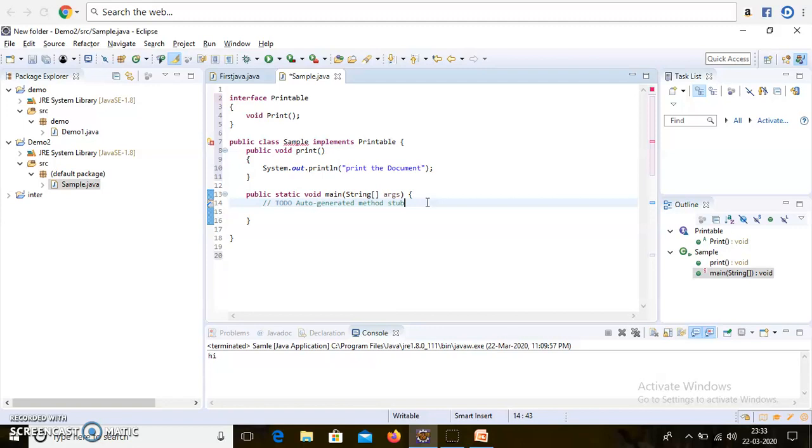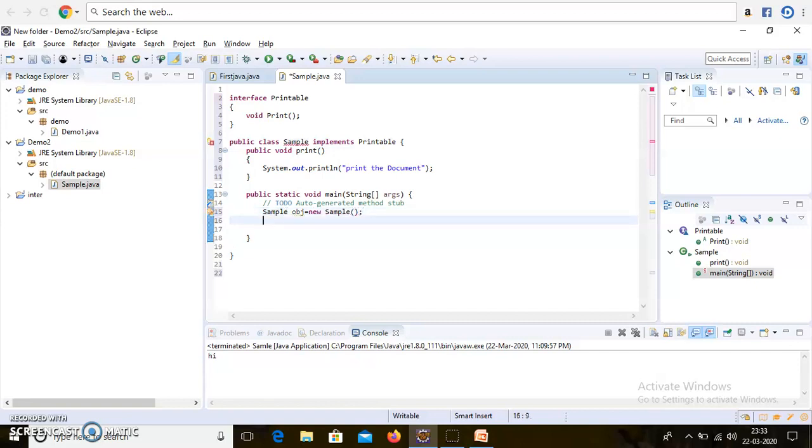If you know the basic concept of Java, how to create the object: the class name is Sample, then the class name, space, object name, equal to, new keyword. You have to create the instance for Sample.